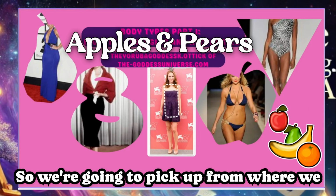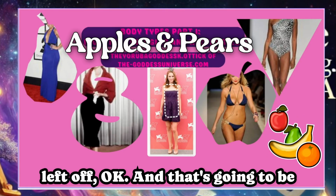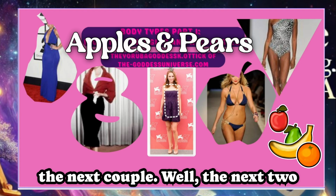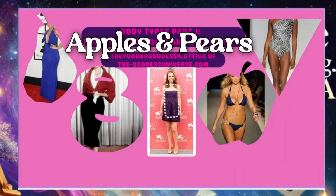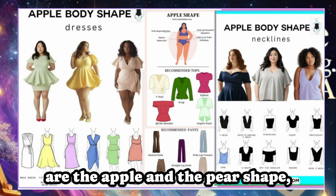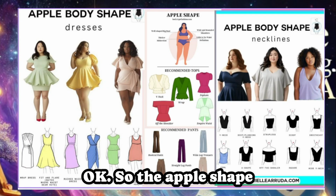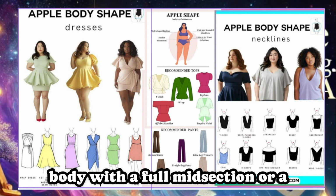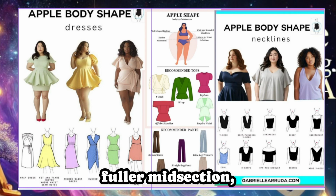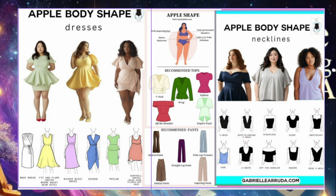So we're going to pick up from where we left off, okay? The next two body shapes that we're going to discuss are the apple and the pear shape, okay? So the apple shape, typically characterized by a broader upper body with a fuller midsection, narrower hips,